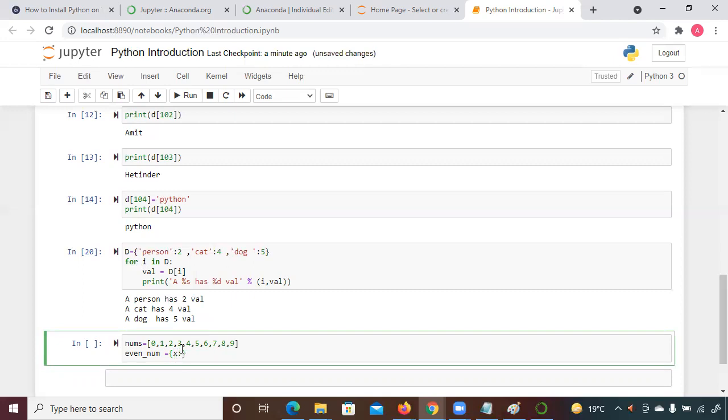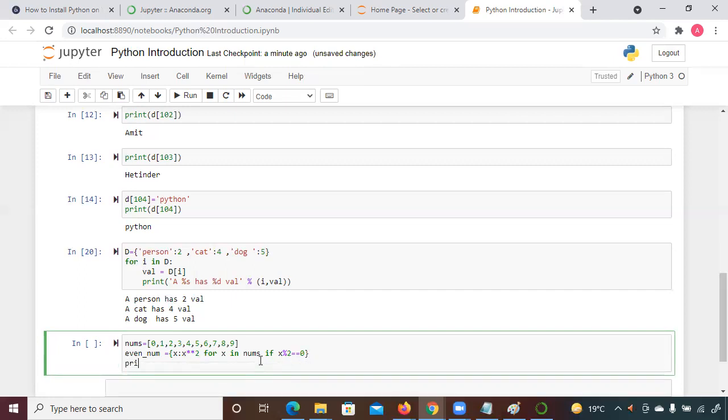So I created a temporary variable x: x to the power 2 for x in nums. The only difference is that I was taking square brackets, but here now I'm taking curly braces. Okay, if x mod 2 equal to 0, then we're going to print it.